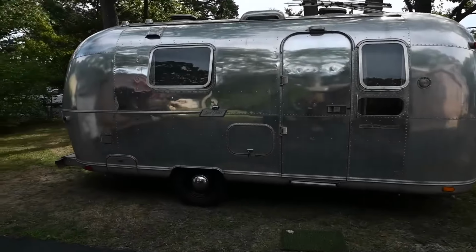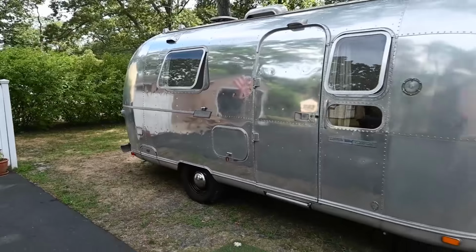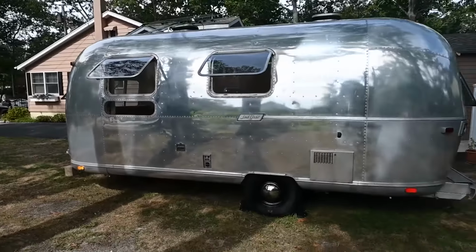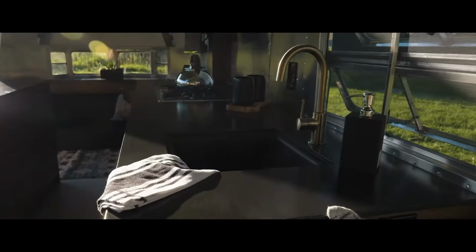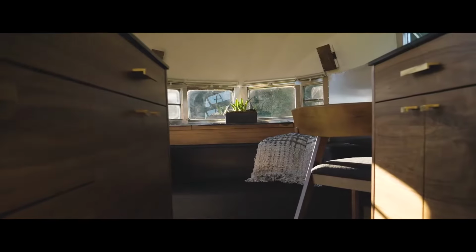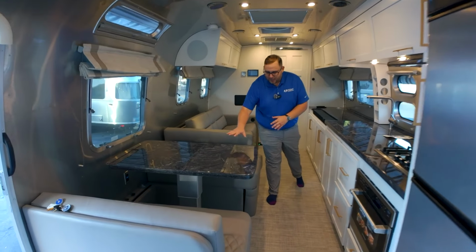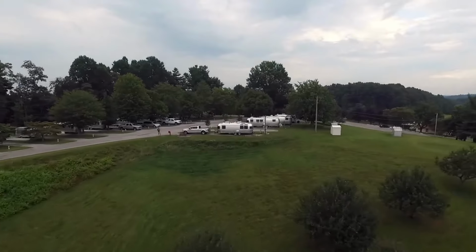The Clipper was about 18 or 20 feet long, depending on the specific model, and weighed around 4,200 pounds. The Clipper's interior was thoughtfully designed, featuring wooden panels, a stainless steel kitchen area, storage spaces, and sleeping areas. Some models even had a small bathroom installed. This motorhome, designed for luxury travelers, came with a range of available options, such as a liquefied gas system, a